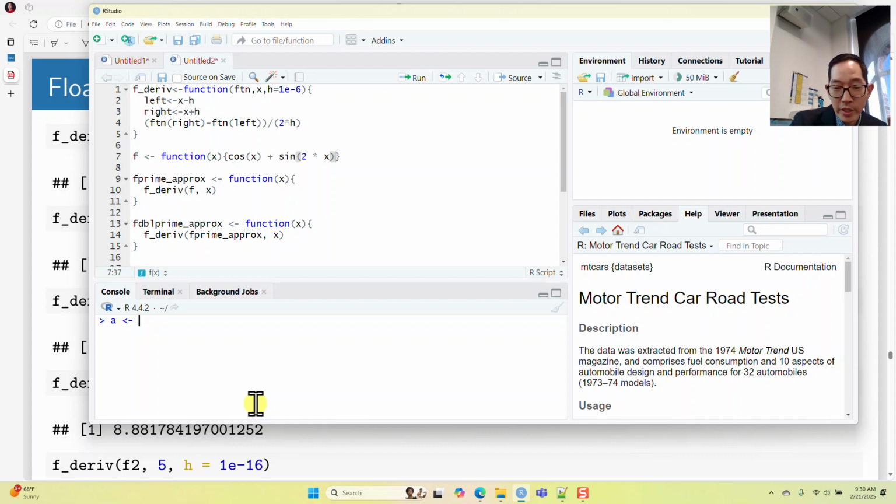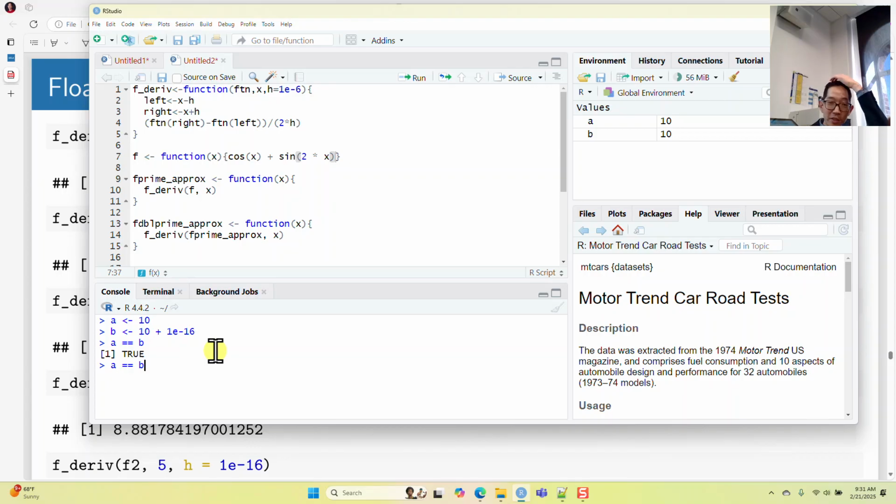So if I say A is 10 and B is going to be 10 plus 1e minus 16, is A equal to B? Yeah. So the computer can't tell the difference between 10 and 10 plus 10 to the minus 16. Whereas if I added 10 to the minus 15, it is able to tell the difference between them,